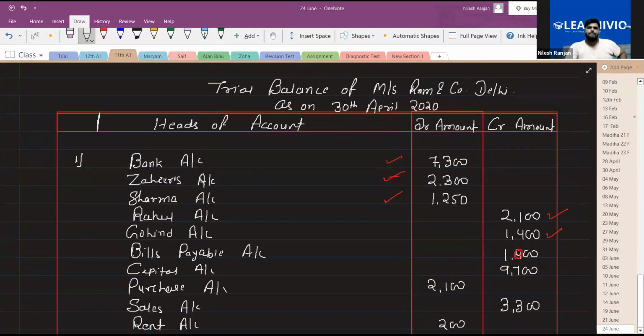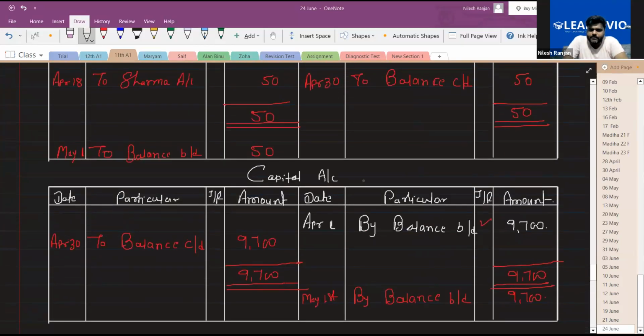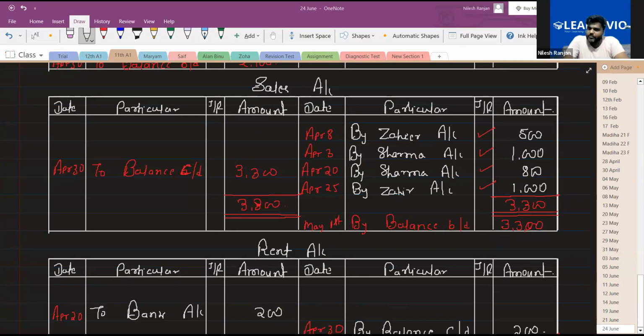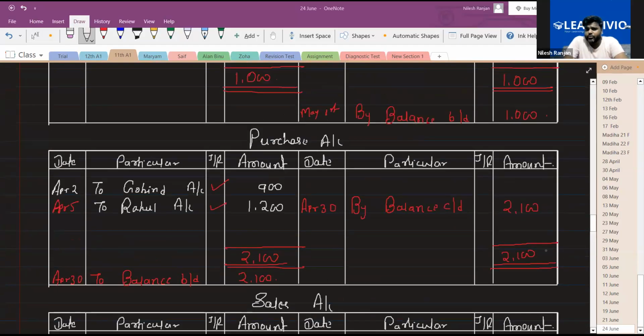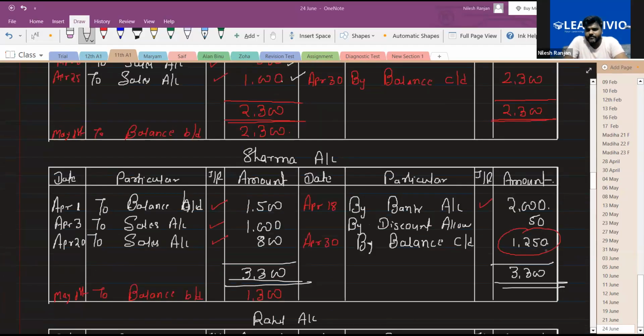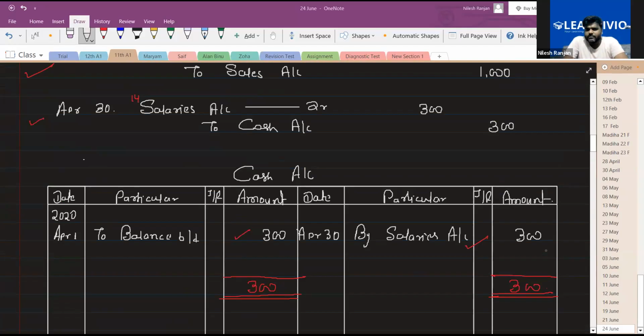Manvi, do you understand this part? Yes, sir. Okay. So you had some confusion with the trial balance part. Tell me, is there still any confusion or is that clear? No, I don't have any confusion. Okay. But in the beginning, you were saying that you're not able to solve this question. Oh no, it was the question itself, like in the end, I didn't know if I had to make a trial balance or